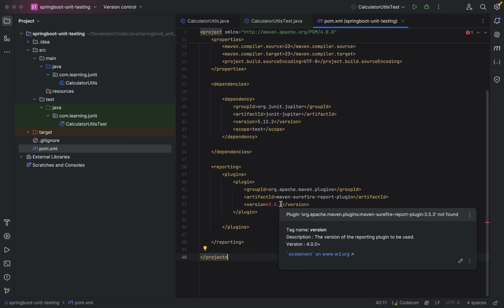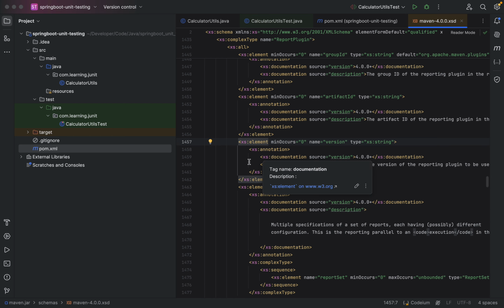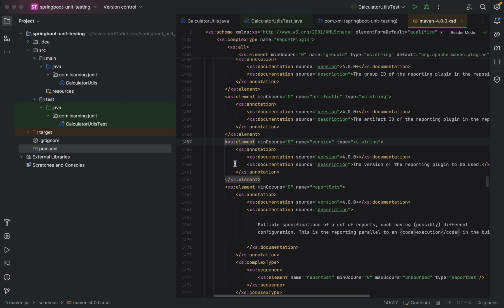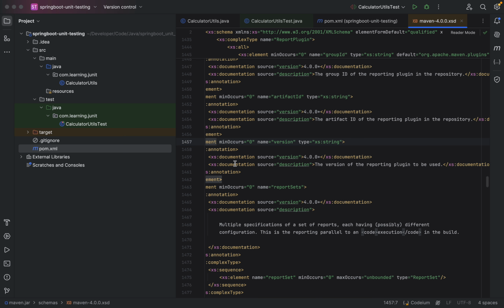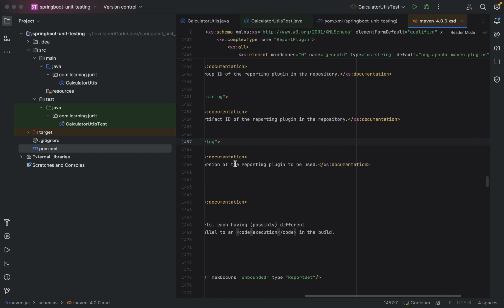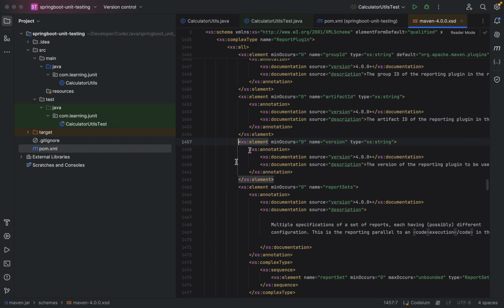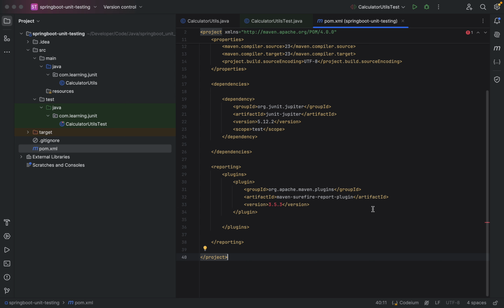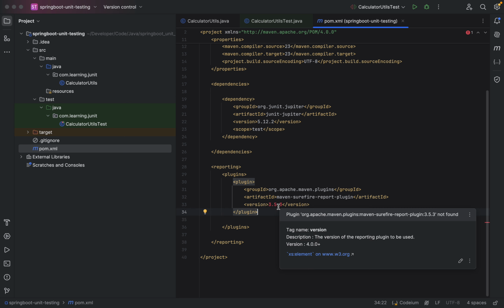Okay, sometimes there is an issue with the version of the reporting plugin to be used. We will see, sometimes it shows an error for a particular version. And next, coming to